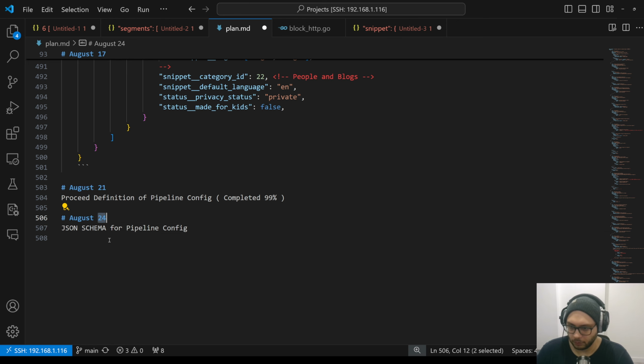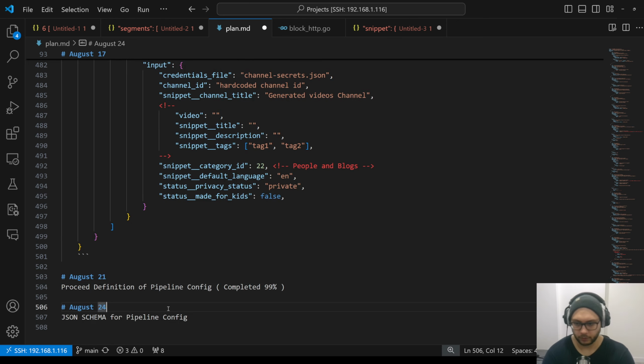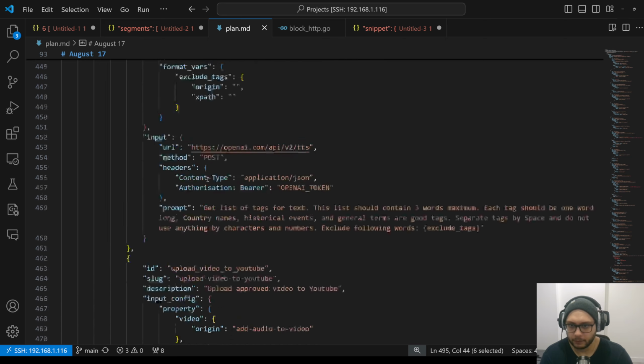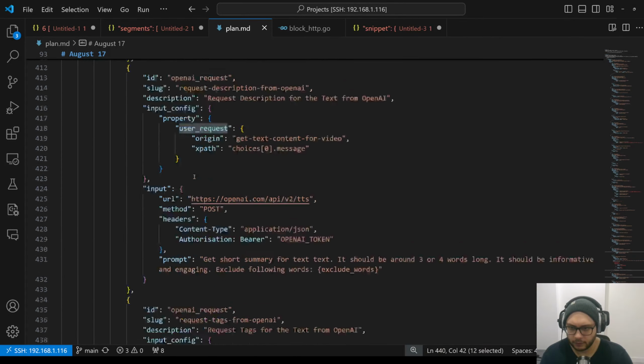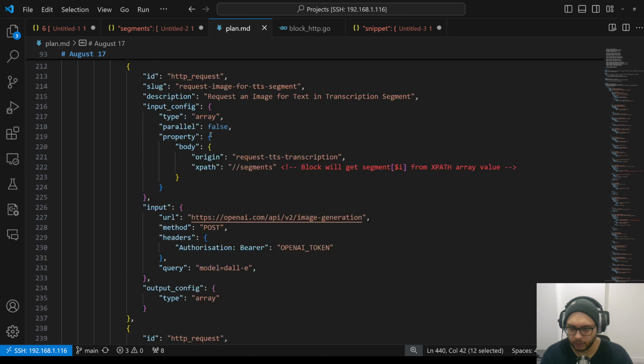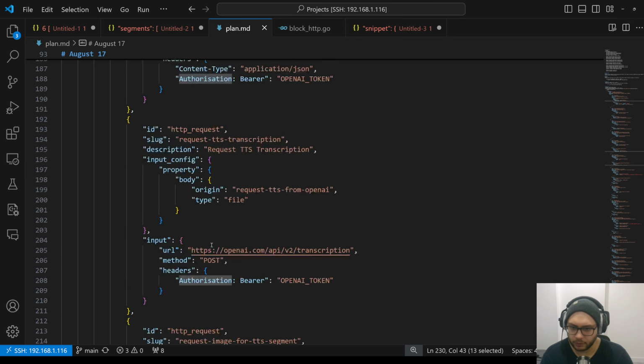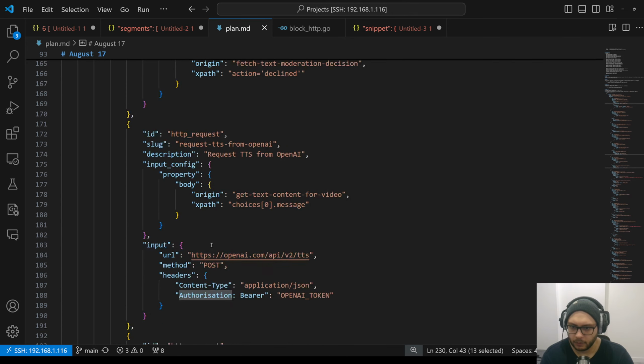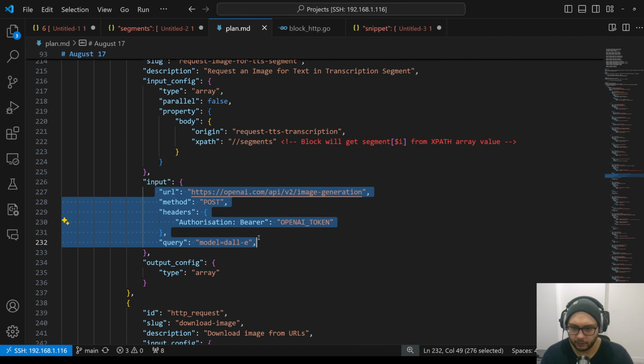so August 24. Yes, so I have a few days to sleep with the idea of not being happy with prefixes, with a camel case instead of snake case, etc. Because everywhere there is snake case. Yes, there is no camel case. Authorization, it's fine. Also, this thing,